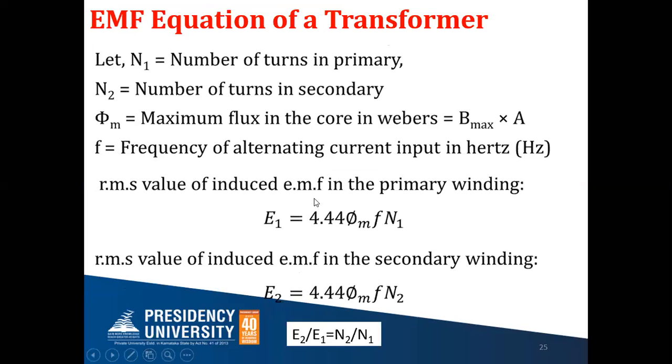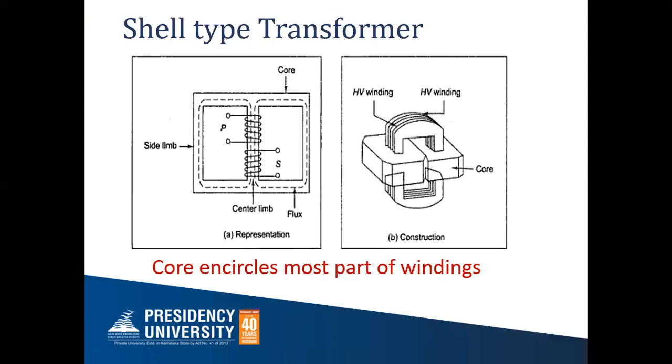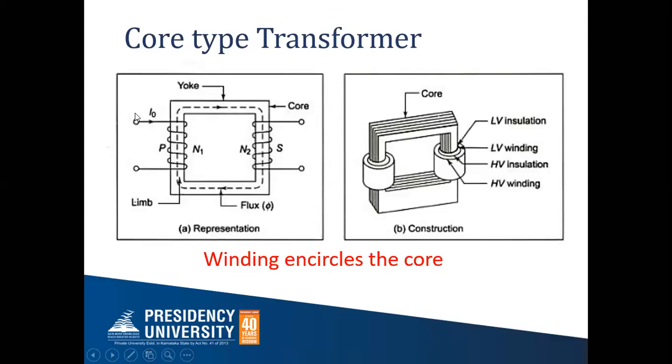Why am I talking about the induced EMF in the primary winding? See how the induced EMF happens here. There will be an alternating voltage applied and an alternating current. This will produce an alternating flux. Alternating flux means it has two directions, so the flux keeps on changing. The dotted lines denote the flux. Here we have a winding, and a winding is nothing but a conductor. Since the flux keeps on changing, there will be an induced EMF according to Faraday's law of electromagnetic induction.